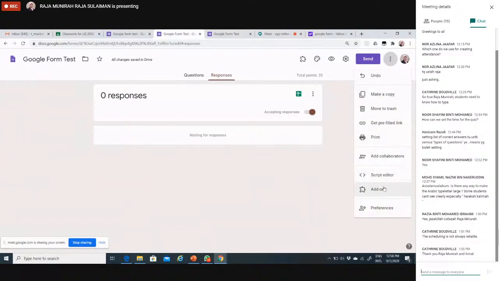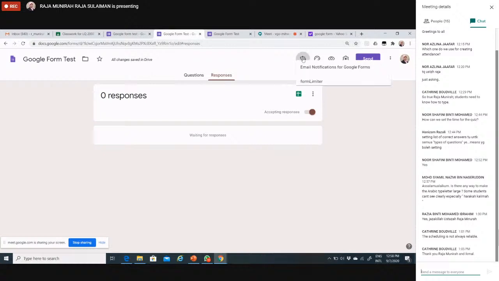If you want to add form limiter, you can add here add on, and then you can search form limiter. This one. When you add, it will appear here. Form limiter, you can